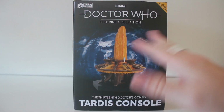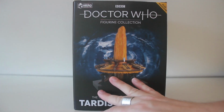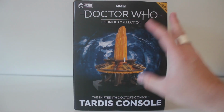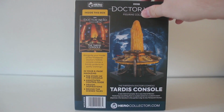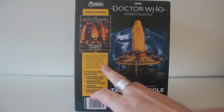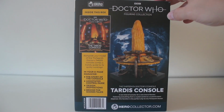I'm not the biggest fan of this TARDIS interior, but I absolutely love this range of the TARDIS consoles that Hero Collector are doing. And also, I do find this one a bit of an oddity, and I really wanted it in my collection to go with the rest. So, it says, obviously, we got the figurine. Alongside your model of the 13th Doctor's TARDIS console comes a handy guide to its quirky workings in an 8-page